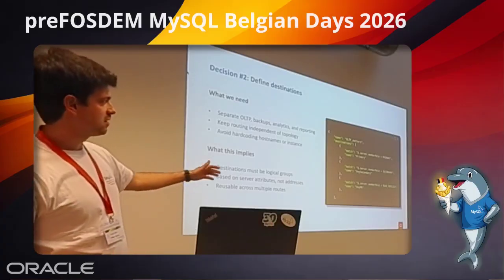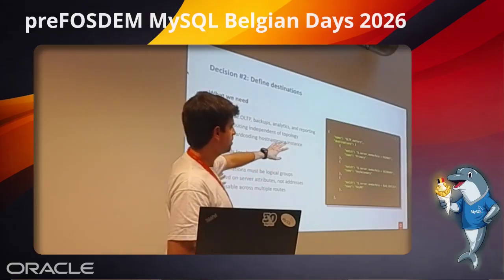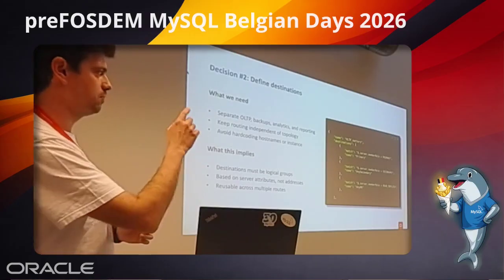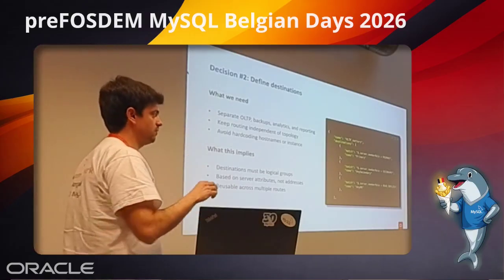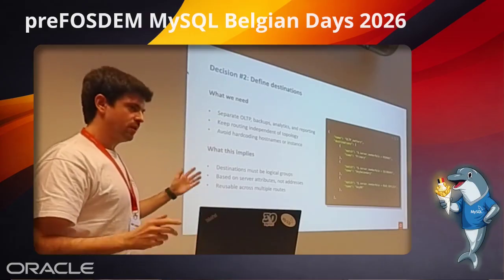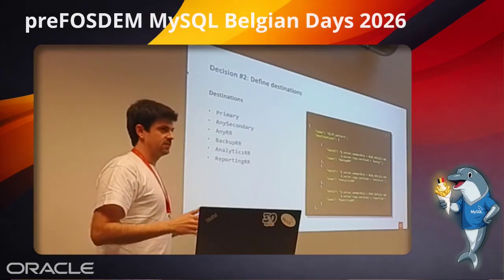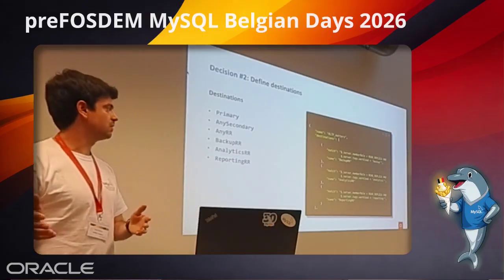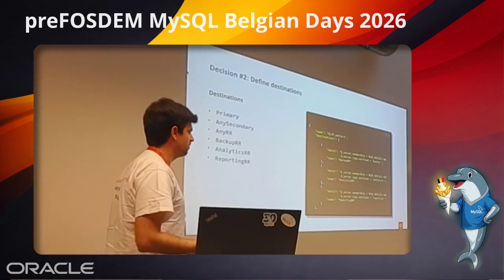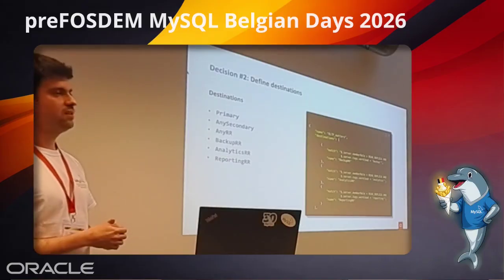And as a start, like I was saying, we can define the primary. The common attribute here is server member role. So I'm using primary, secondary, and read replica, defining those three types of destinations. But what about backup, analytics, and reporting? That comes after, because just using member role is not enough for that, because those three are read replicas. So for that, in this example, I just used a different